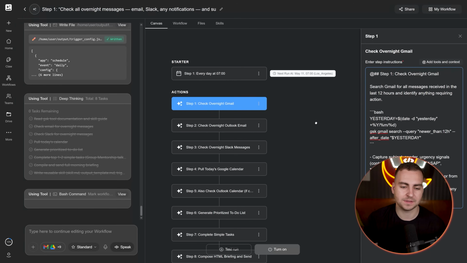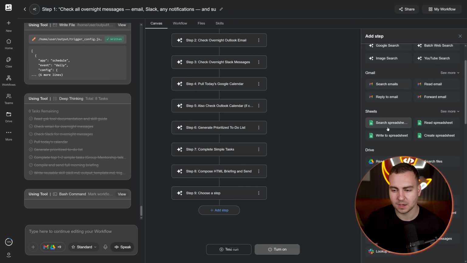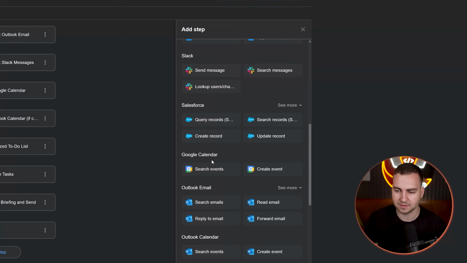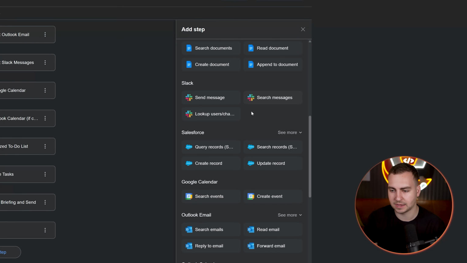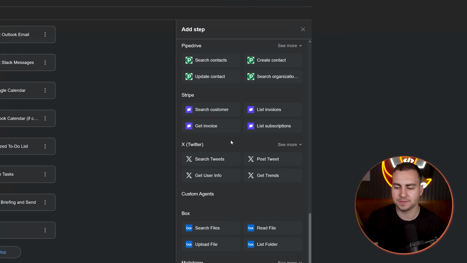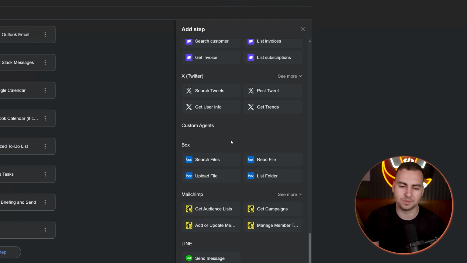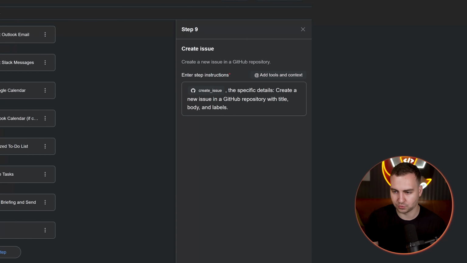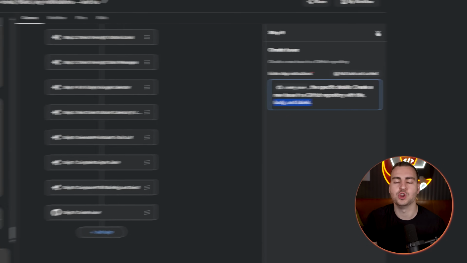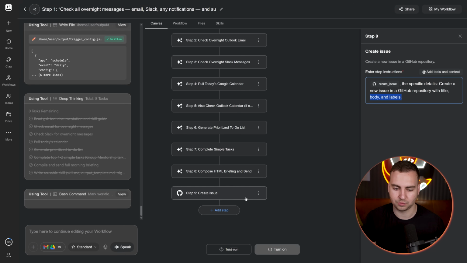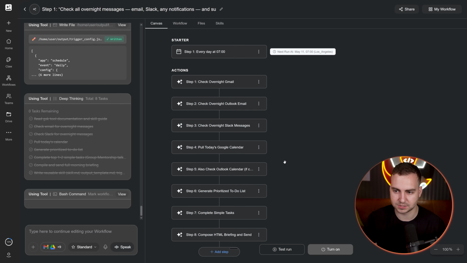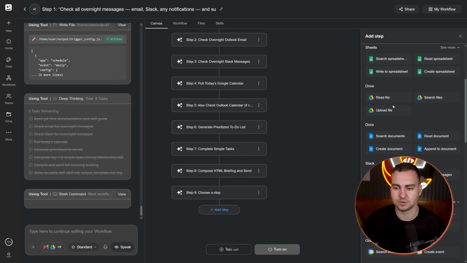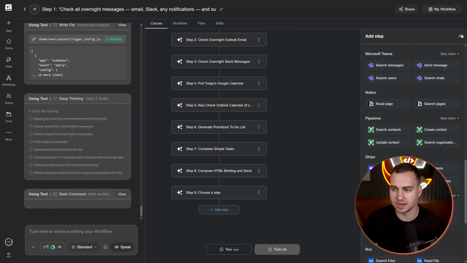Now, if we want to add these steps ourselves and be a bit more specific, we can actually pick a specific thing here, like send message in Slack, search messages, look something up, but the AI is able to have its own AI step, as you can see, that will automatically call these. But if we want it to be super precise, then we can say, create new issue, right? And then we'll use that specific tool in this prompt, and it will know to go and use that tool to create an issue on GitHub. I'm going to delete that one because I don't want that, but you get the idea in terms of these additional steps that you can add to the workflow.